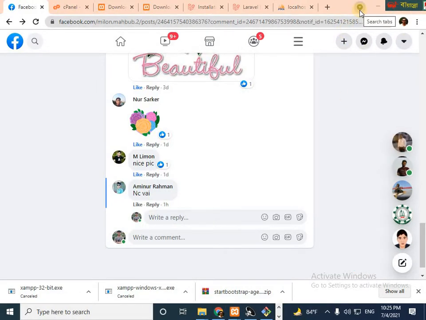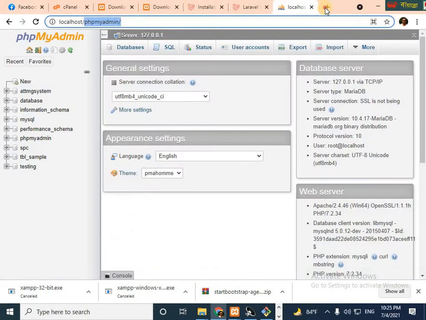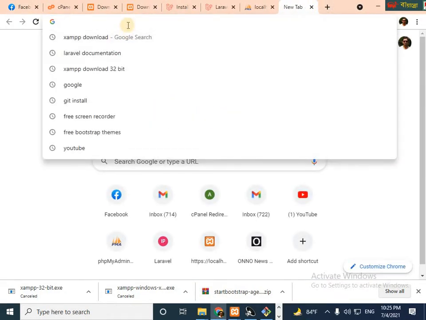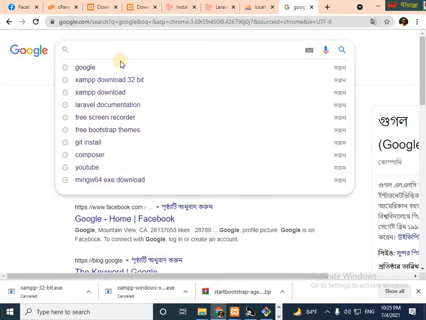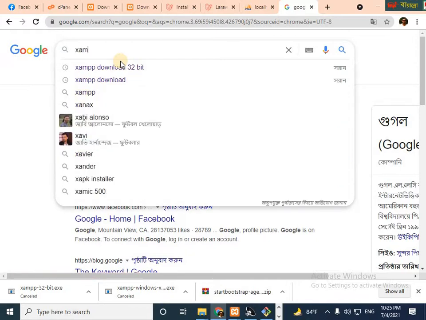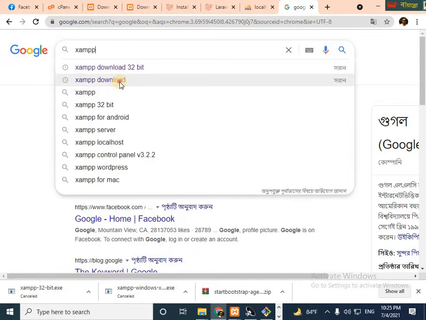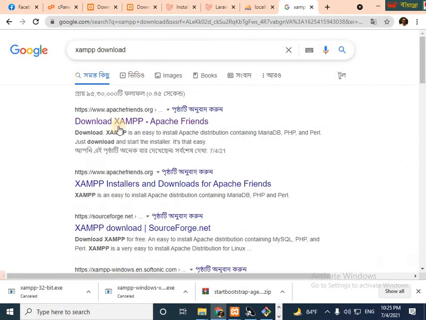I have to go to the Google platform. Here I am typing XAMPP download, and you can see the official web page of XAMPP